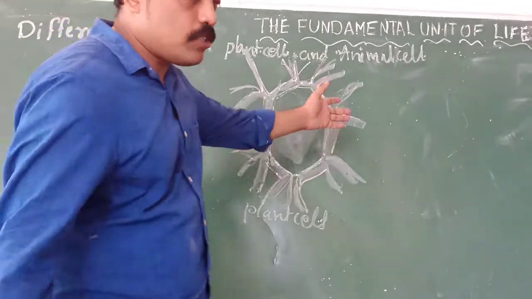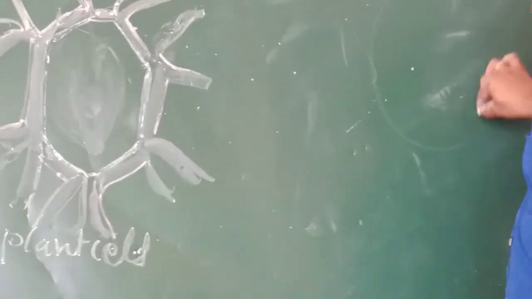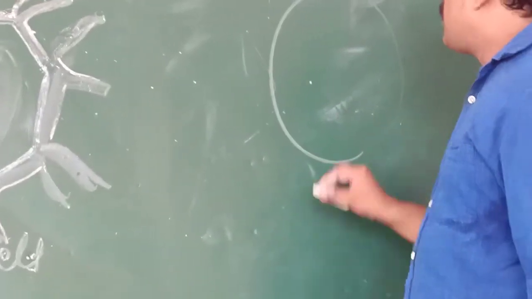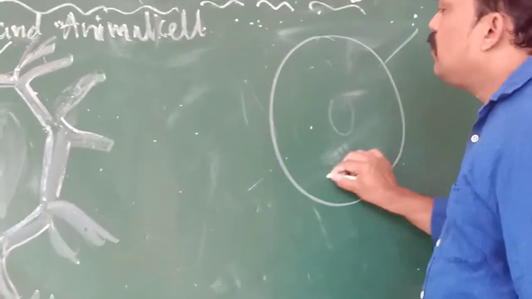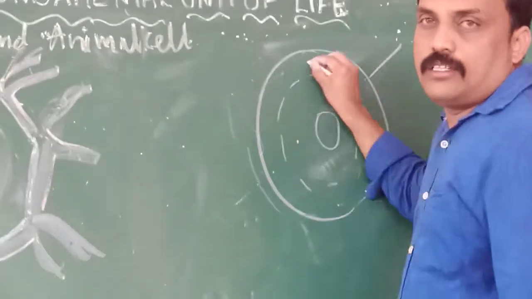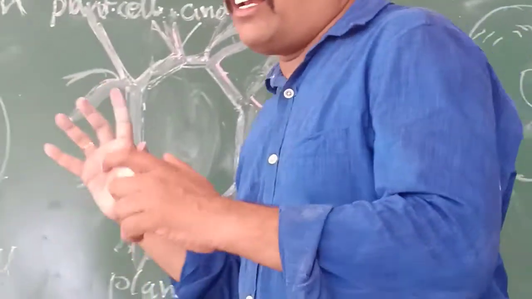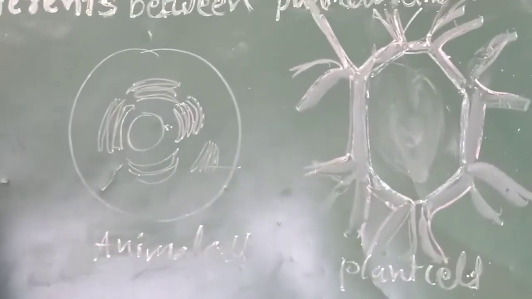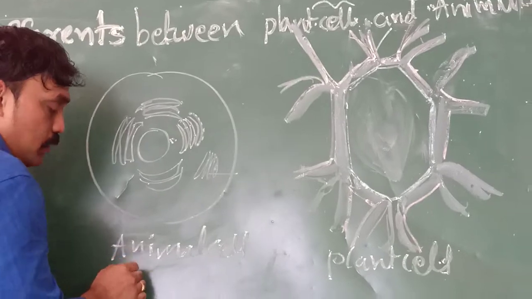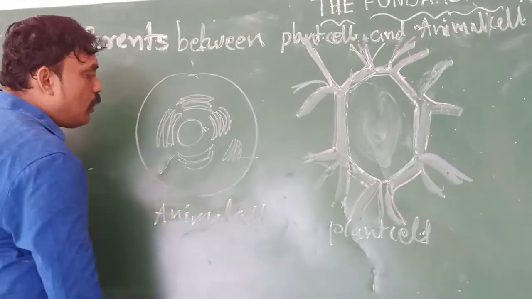Generally, okay, focus here. Generally in a cell, what cell organelles are present? A cell membrane, nucleus and cytoplasm. These are the cell organelles that are in each and every cell. But this is the typical model, not the original. Typical means just a model. A typical model animal cell.